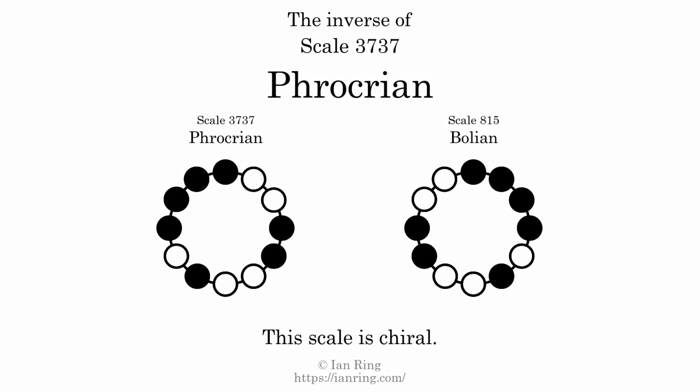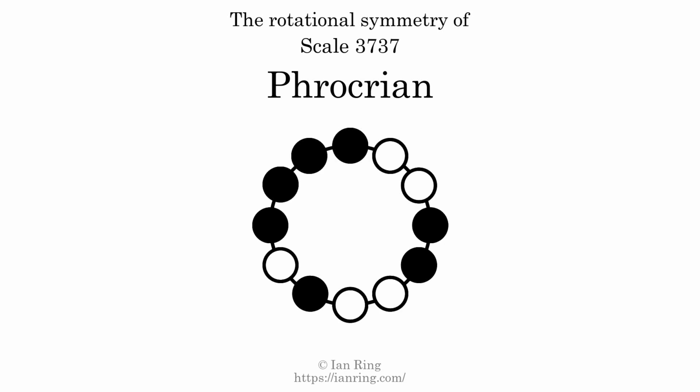The inverse of a scale is a mirror image. It is what you get when the sequence of intervals is reversed. The inverse of this scale is scale 815, also known as Boolean. This scale is chiral. It cannot transform into its inverse by rotational transformation. This scale has no rotational symmetry. For even more detail about this scale, visit